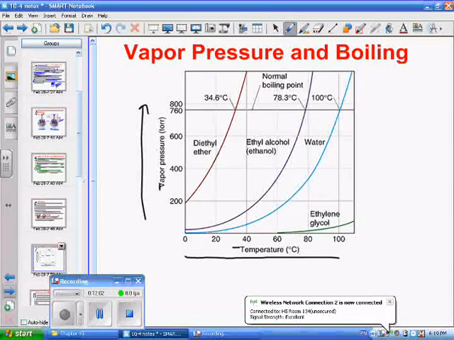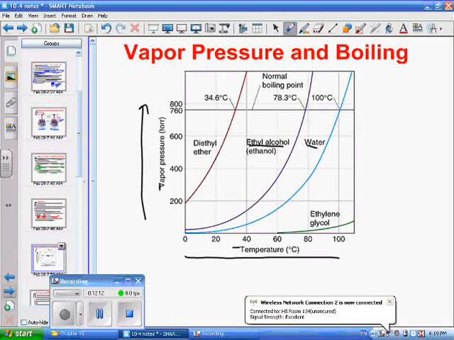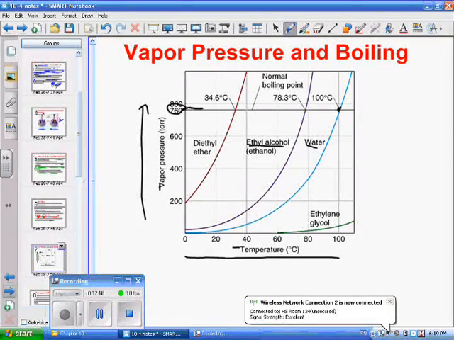So I have three substances. Now, this is the stuff in beer and wine and stuff like that. That's ethyl alcohol and water. So I know that as the temperature increases, water will boil at 100 degrees Celsius. This right here, this 760 that you see, this line, this is normal